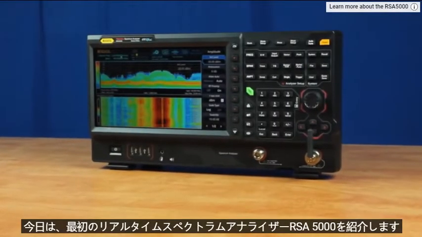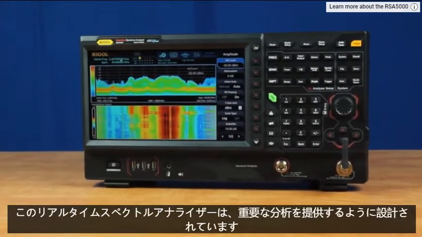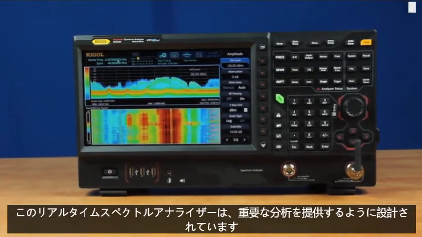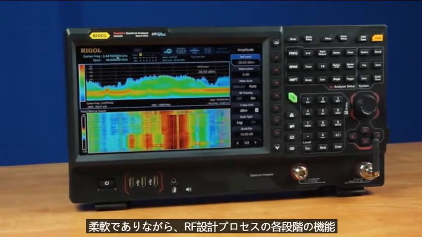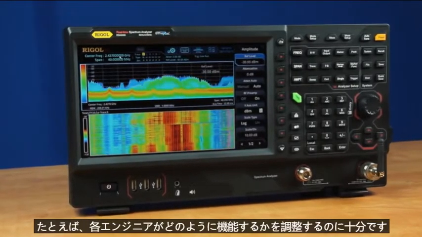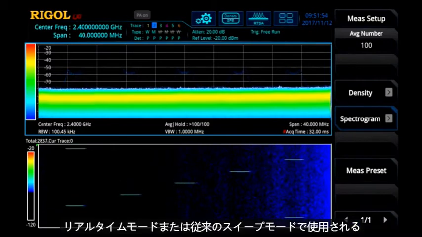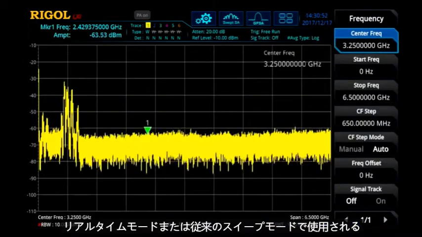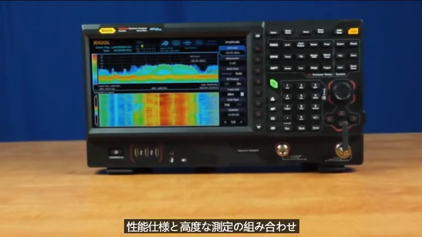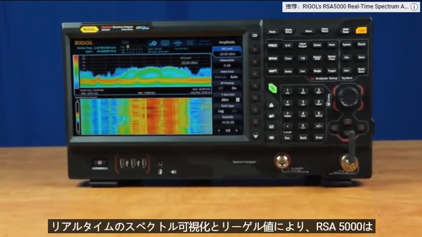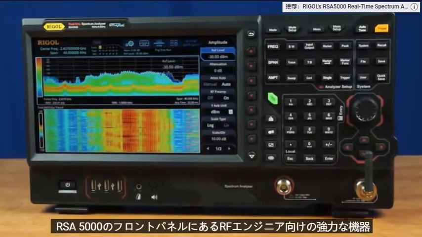Today I will be introducing our first real-time spectrum analyzer, the RSA5000. This real-time spectrum analyzer is designed to provide important analysis capabilities in each stage of the RF design process while being flexible enough to adapt to how each engineer works. For instance, the instrument can be used in real-time mode or more traditional sweep mode. The unique combination of performance specifications, advanced measurements, real-time spectrum visualization, and RIGOL value makes the RSA5000 a powerful instrument